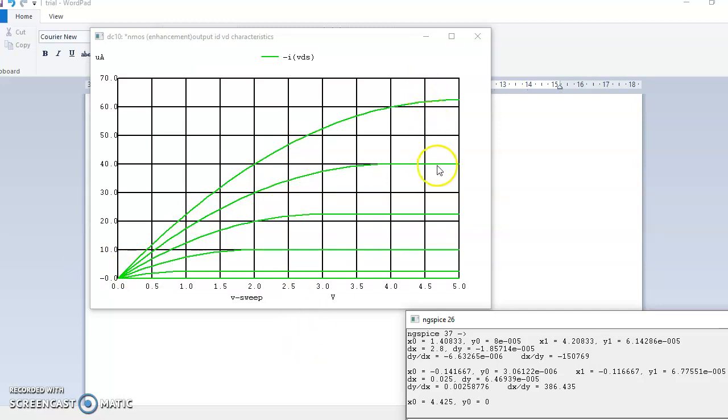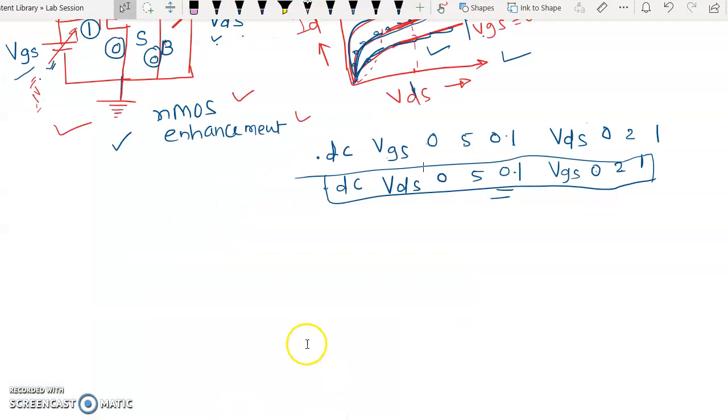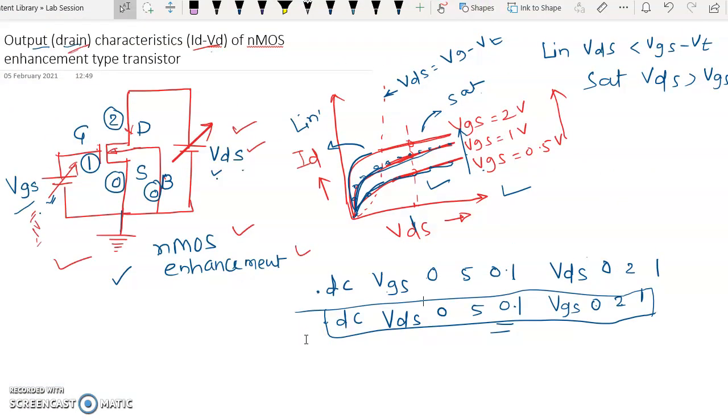And whenever the drain current in saturation is asked, then you can find out this value of now 40 microampere, maybe, that is the value of the drain current in saturation for this value of VGS, which is 4 volt, this is 5 volt, this is 3 volt, 2 volt and 1 volt and 0 volt. Okay, so likewise in our experiment also you are supposed to calculate those values. Thank you. I hope you have understood this experiment, and in the next session we'll start with the PMOS characteristics.